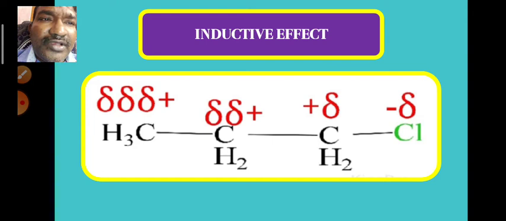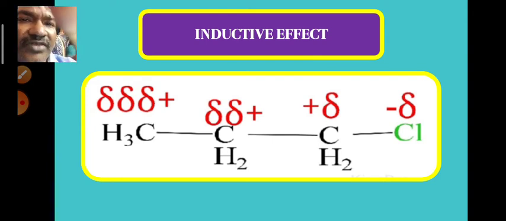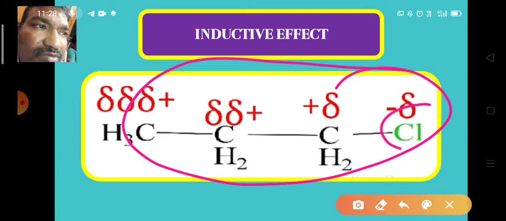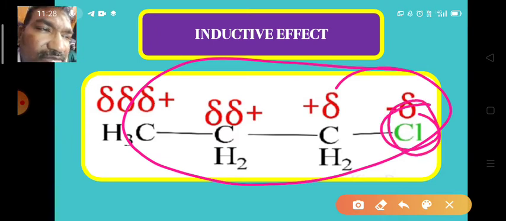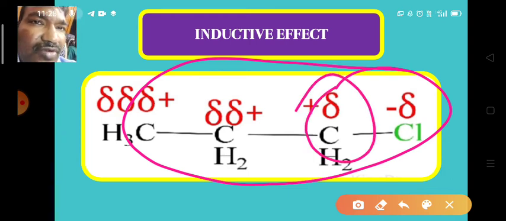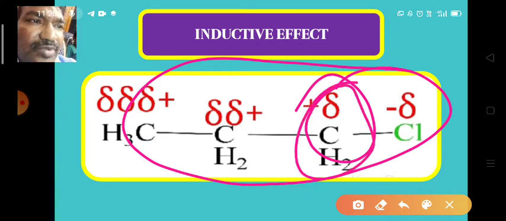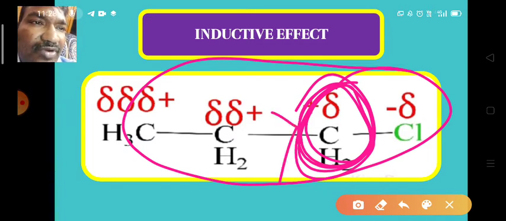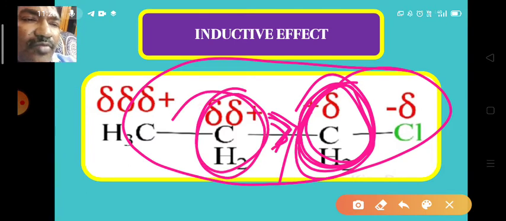For example, here we are taking 1-chloropropane. Here chlorine is the more electronegative element. As a result, we observe a negative charge on the chlorine. This induces a positive charge on the carbon atom. Now as the positive charge appears on this carbon atom, it becomes more electronegative than a simple carbon atom. So this carbon atom now drags the electron pair from the other bond. As a result, this carbon gets some positive charge.